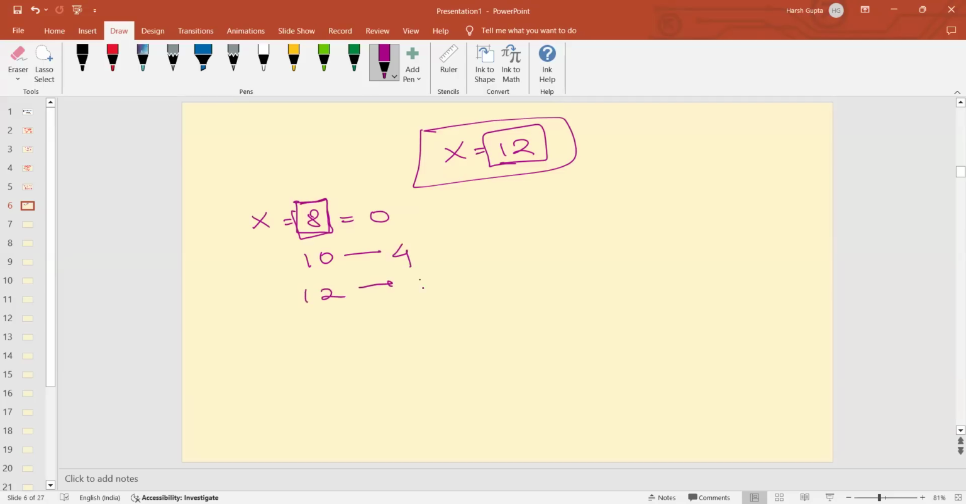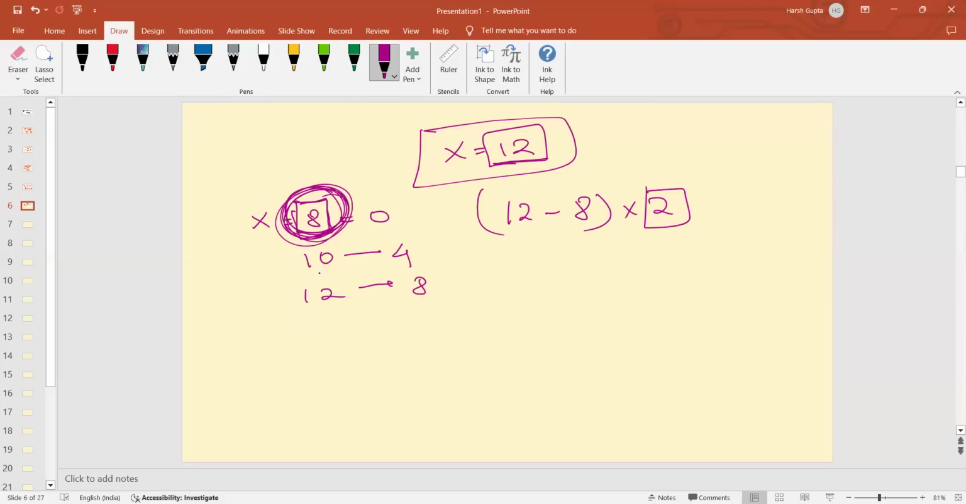And at 12, we know the answer will be 8. So actually, if we are able to find such a number 8, that is the largest number that is less than 12 and is a power of 2, then our answer will be just 12 minus 8, multiplied by 2,